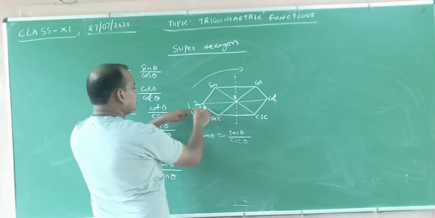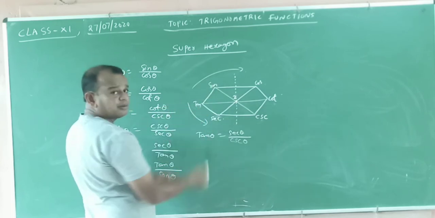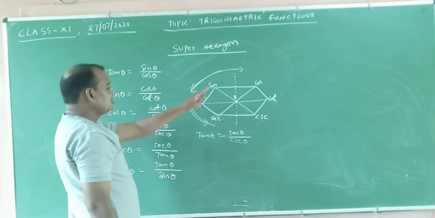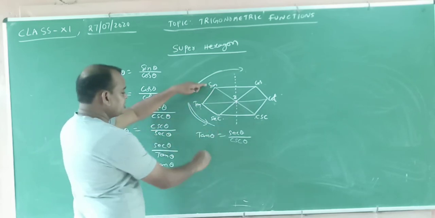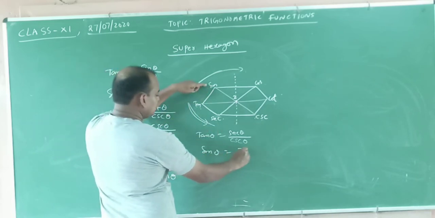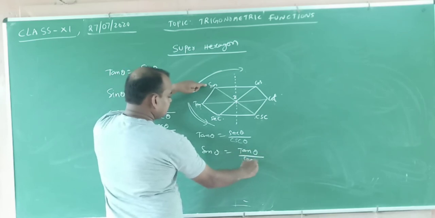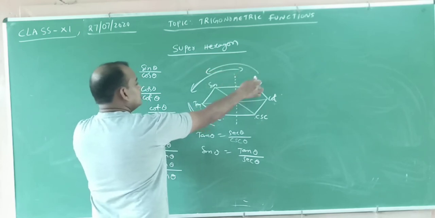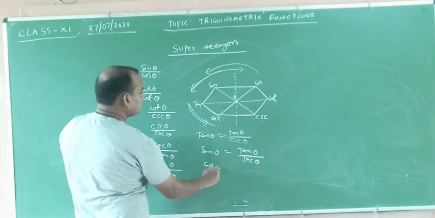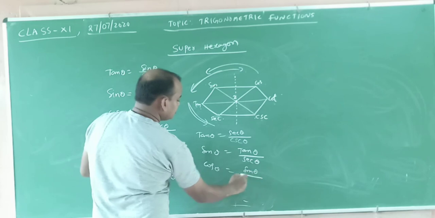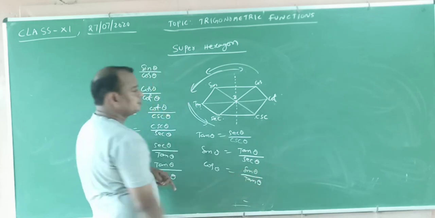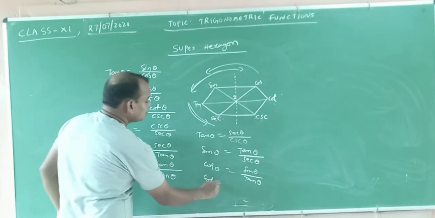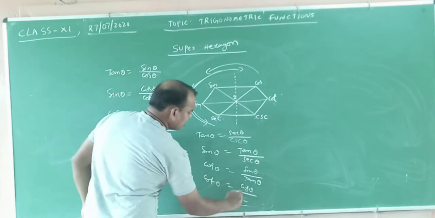Now here again these three. This one, this one, this one. No problem at all. Three, three, three from here: one, two, three. Again this one: sin, tan, secant. What happened? Sin theta is equal to tan theta by secant theta. Now for suppose this way, these three: cos theta is equal to sin theta by tan theta. Suppose these three, cot, cos, sin: cot theta is equal to cos theta by sin theta. You know very well, each and every one.